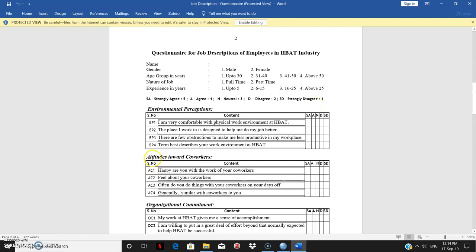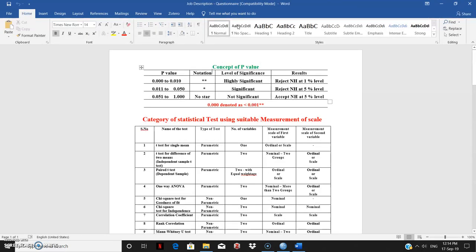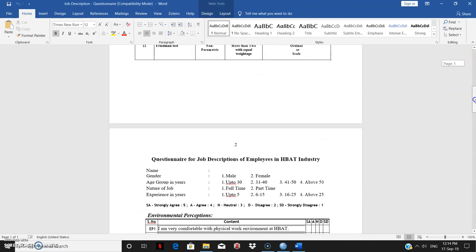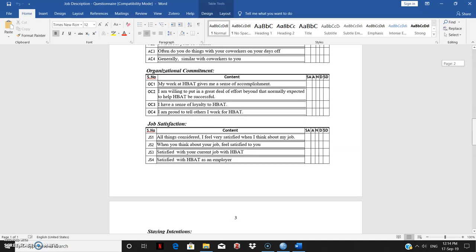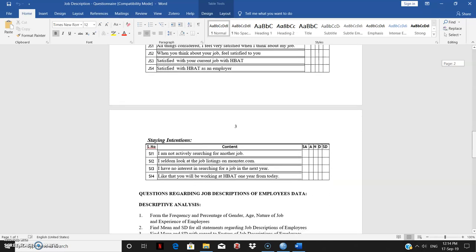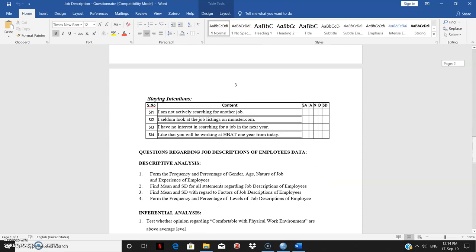There are also other variables which are being measured here, like the attitude towards the co-worker, organizational commitment, sorry. So we go down here. This is where the questionnaire is. Organizational commitment, job satisfaction, and the staying intentions of the employees.